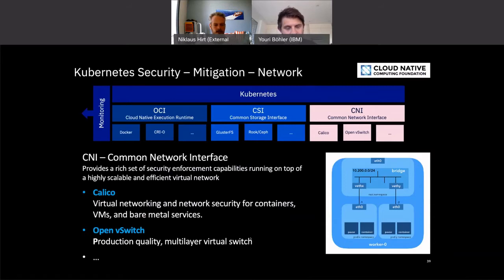There are a lot of those under the sun. There's Calico, there's Open vSwitch. We're using Cilium in the Minikube environment in your VM. So you can plug in here whatever fits your needs. They all have their different quirks, but help you set up software-defined networking for Kubernetes. And Kubernetes is completely oblivious to what you're using because it's going through this common network interface, which abstracts away